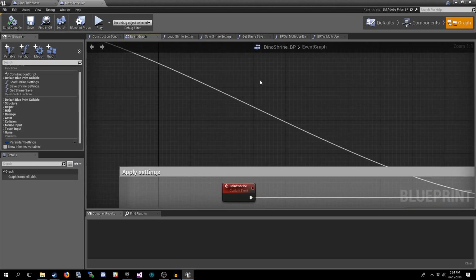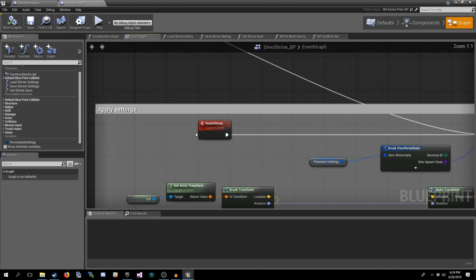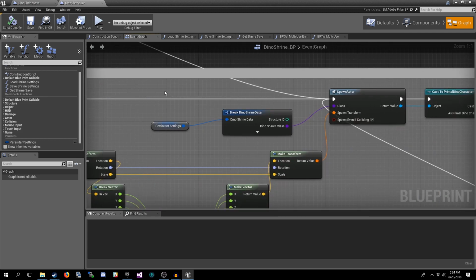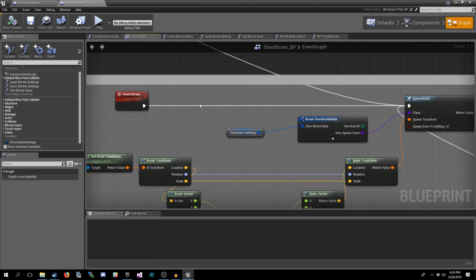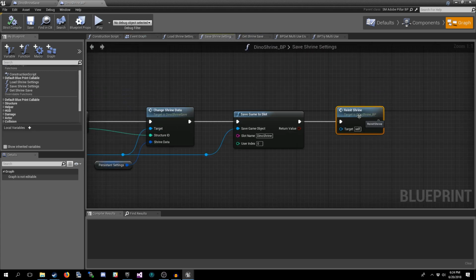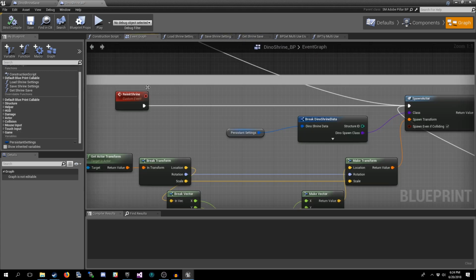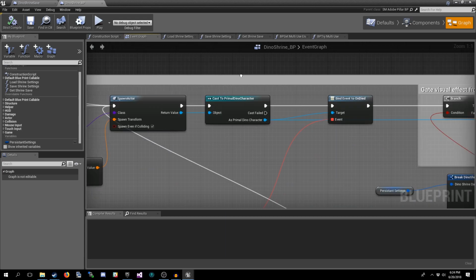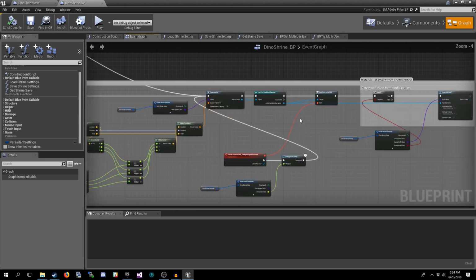You'll find out here I added an event. So this is sort of like a return event to get back out to this event graph where all of this logic is. So when this is called right here, it'll call out here on the event graph and then reset all of this. Now, this is not the most efficient way.